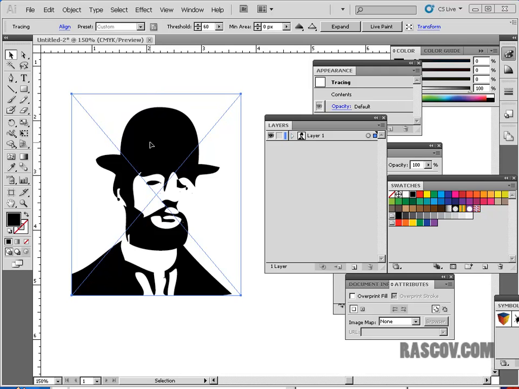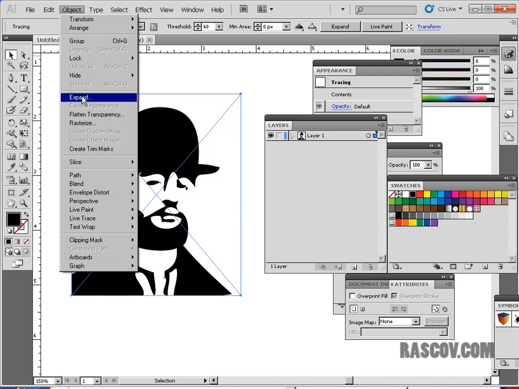Okay, so I have what we call a live trace here inside of Illustrator. Now, one of the things to keep in mind is if the live trace looks the way that you want it, fine, just keep what you have. But if you want to alter it, there is a way of converting your live trace, breaking it up into smaller pieces. To do that inside of Illustrator, it's underneath the